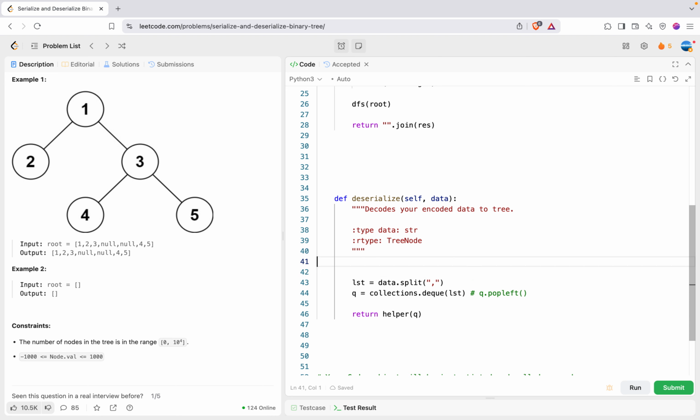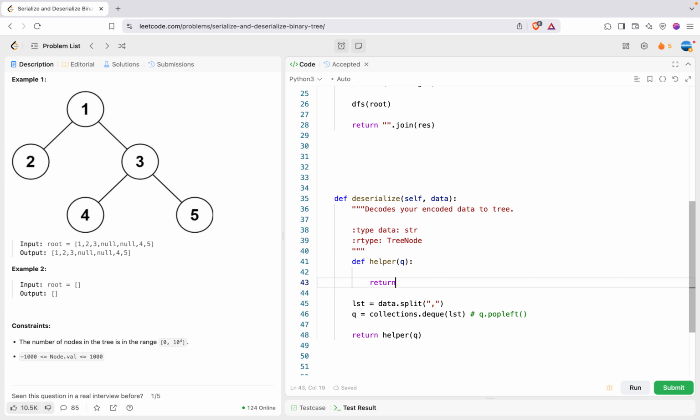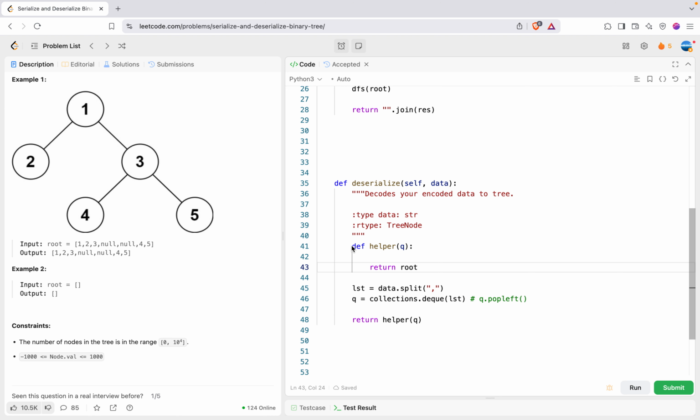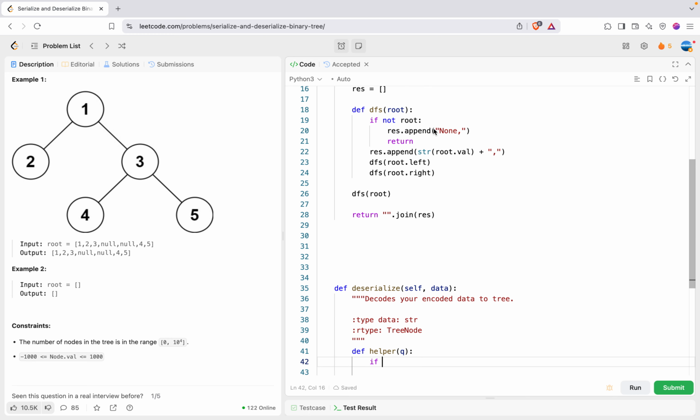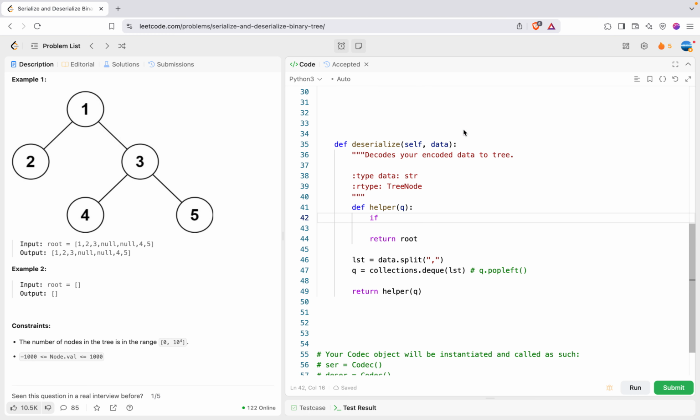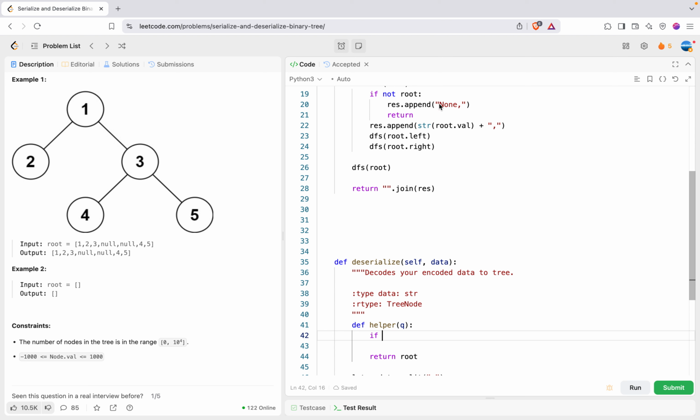So here the structure will be something like this. I need to write this helper function, accept an iterable, and then return the root of the resulting binary tree. So now let's fill up this helper function. Again, I'm going to use recursion. So first, if we have a null tree, actually the encoding will be something like this, right? Then if we do split, we are going to get some list like this,